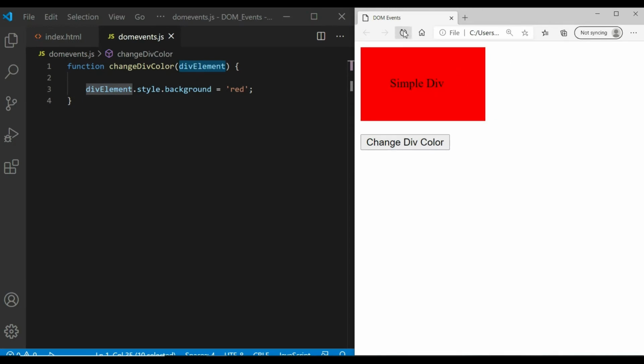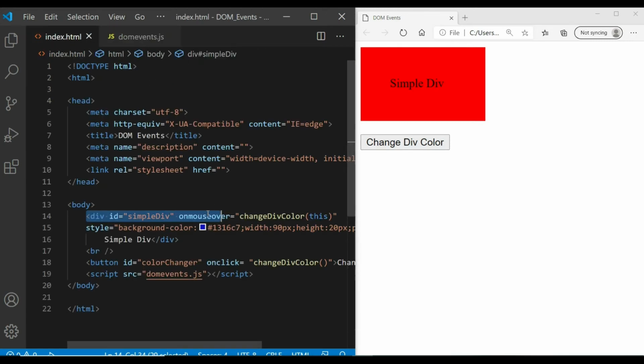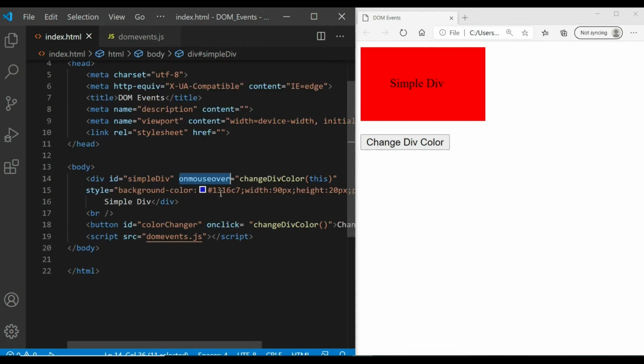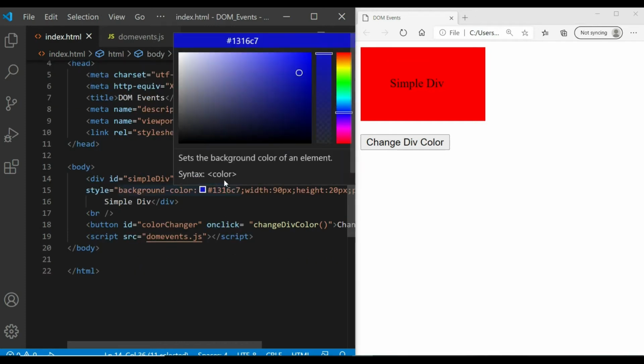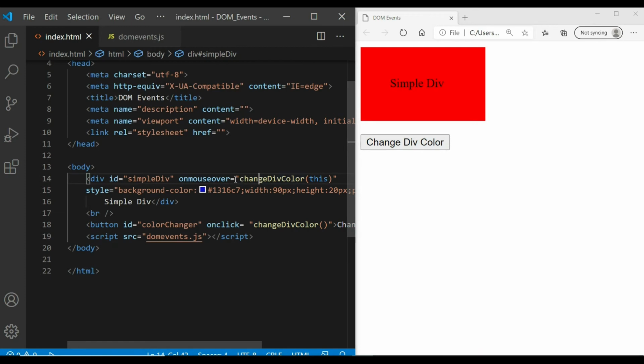Refresh, go, and it's the same, because this div element is actually having the reference of the same element where the mouse over event was picked. Okay, there are some other events like on mouse up, on mouse down, and then you have some events related to text boxes, right?